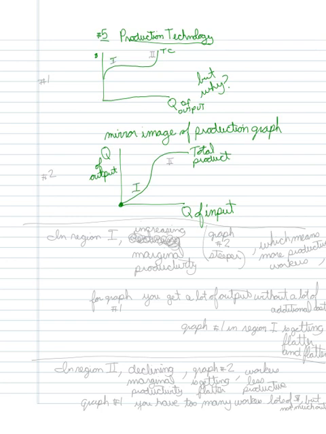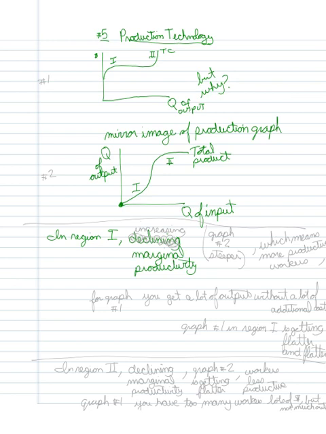You see this similarity, or this way of understanding these two regions. In region Roman numeral 1, I have declining marginal productivity,